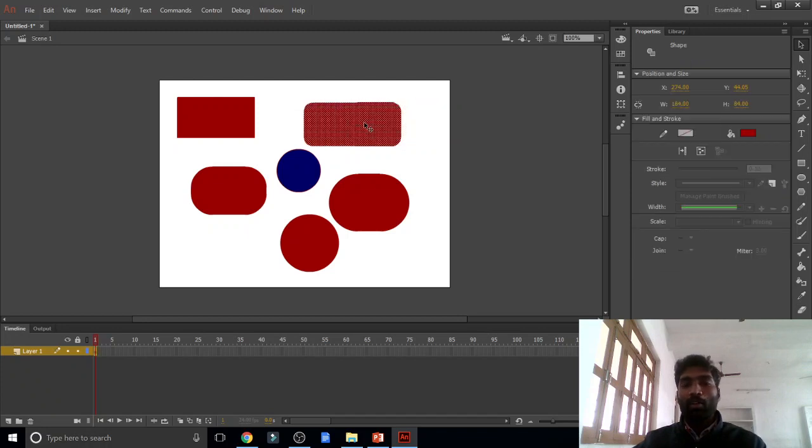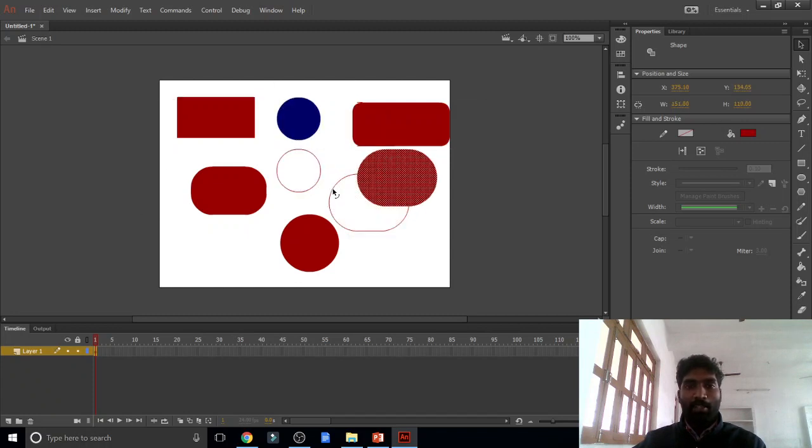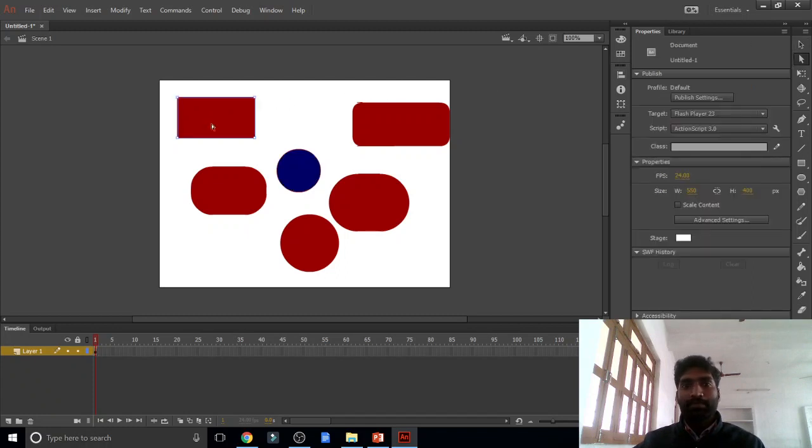Now I am moving this object, correct? If I want to move this, same, click and drag. Actually this is outside shading, it is no need for you. Are you getting it? The selection tool is used to move the objects.